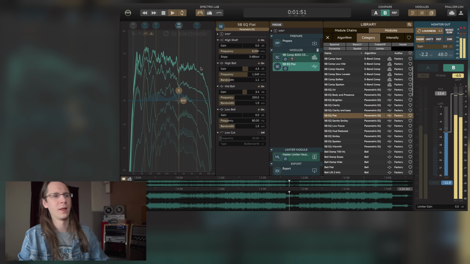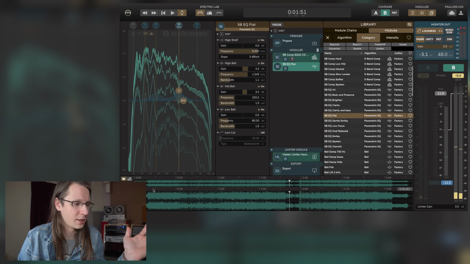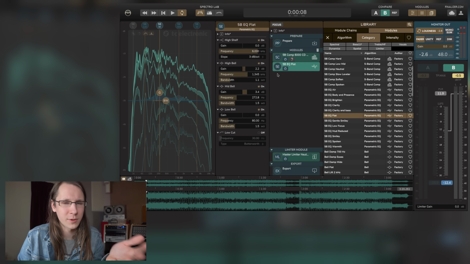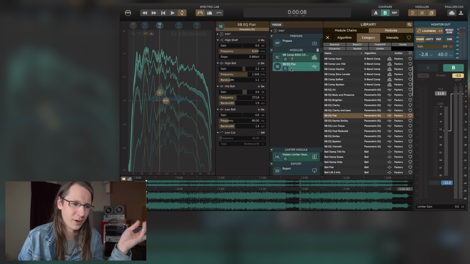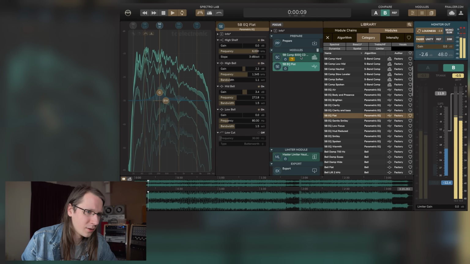Interesting way of working. I have to say that this is not a plugin, by the way. It's literally a full app that I'm using, which is kind of cool. I mean, sometimes you just want to use a separate app. Oh, this is also cool how the spectrum changes. It's instantly reacting to what you're doing. Sometimes it's cool to have separate software for mastering because a DAW is not always the perfect thing for mastering. So, we can also separately listen to only the compression.